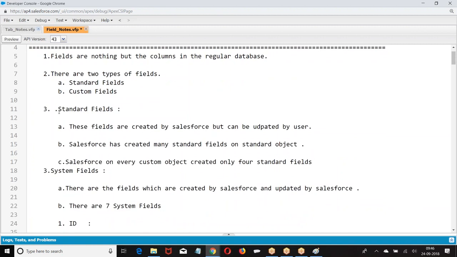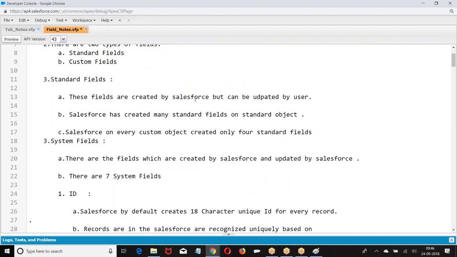What are standard fields? These are the fields created by Salesforce, but can be updated by the user. Look at the point: these are the fields created by Salesforce.